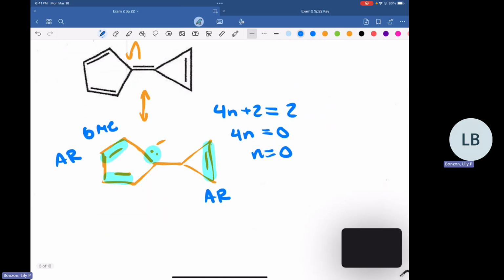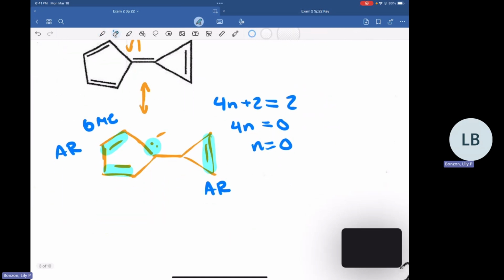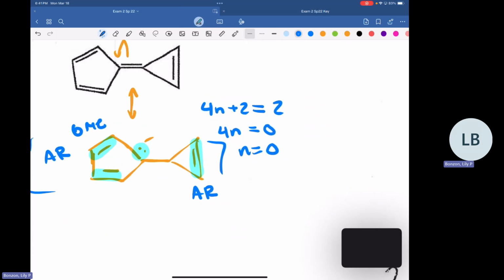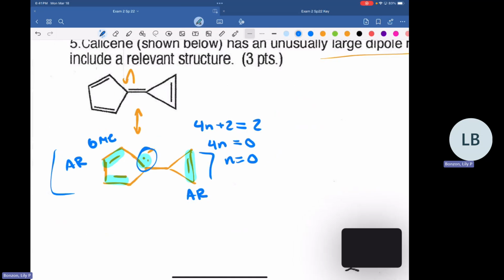And so, again, what we know about aromaticity is it increases the stability of a structure. And so because in this resonance structure that we have 2 aromatic rings, the resonance is going to shift quite heavily towards this resonance structure. And so this is going to induce a dipole moment because we have this charge here on the left.